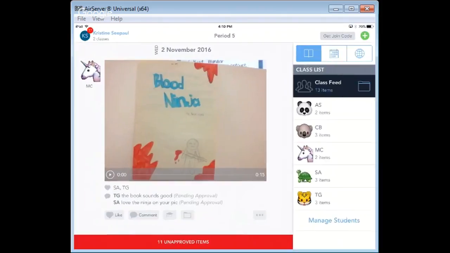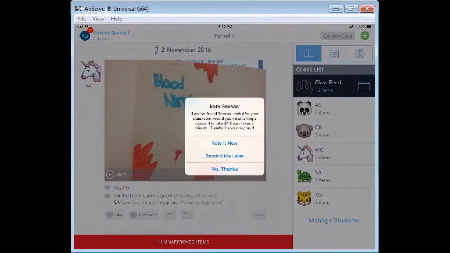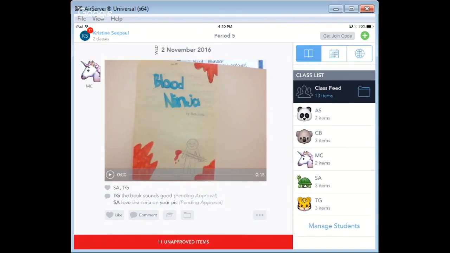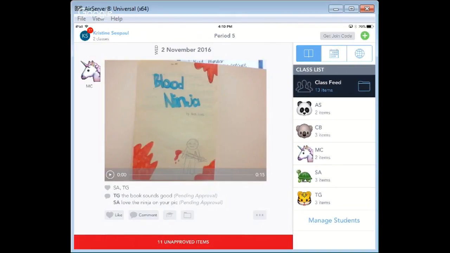All right. So here's my Seesaw. For the purposes of this presentation, I've changed all the names to just the initials for privacy reasons. But normally these icons right here on the right would be their names, and then they can choose. I can choose an icon for them, which they really like the emoji icons, and they have a lot of fun saying, I want the panda or I want the turtle, and it's just another way they can relate to this app because it's something they're already familiar with.